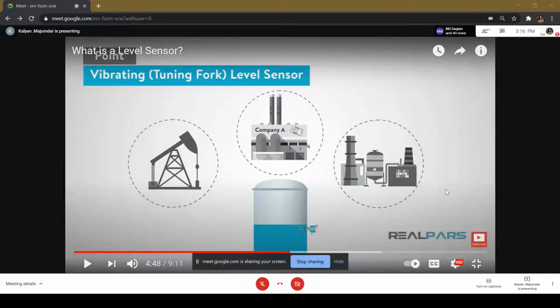Now, you've heard about the terms NC and NO. NC stands for normally closed. NO stands for normally open. You've heard about these terms in the context of a push button and in the context of a relay. In a relay, you have normally open and normally closed contacts. In a push button, you have normally open and normally closed contacts. Now, you just got to remember what this word normal signifies. What is normal?